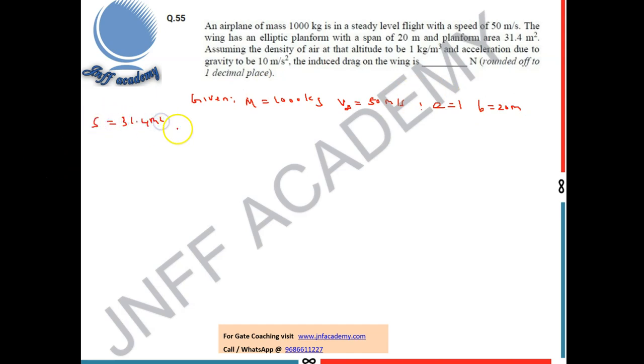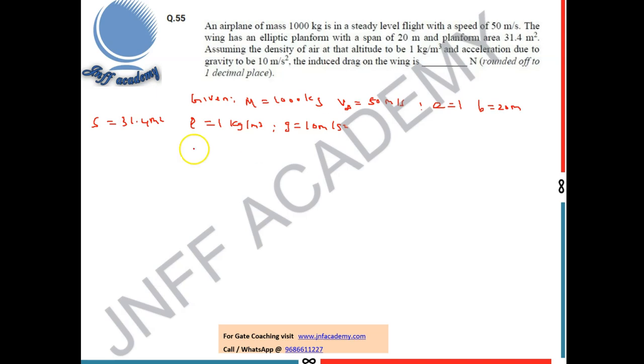31.4 meter square, which is the surface area, basically the planform area, and it is flying at an altitude. That altitude density is also given, which is 1 kilogram per meter cube, and they are given the acceleration due to gravity. Instead of taking 9.8, they asked us to take 10 meter per second square. They're asking what is the induced drag